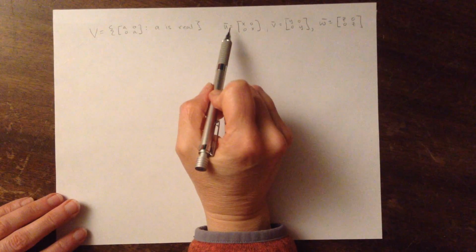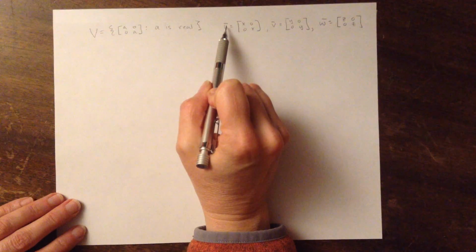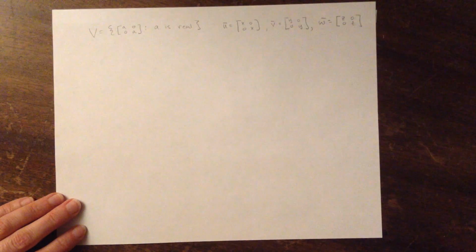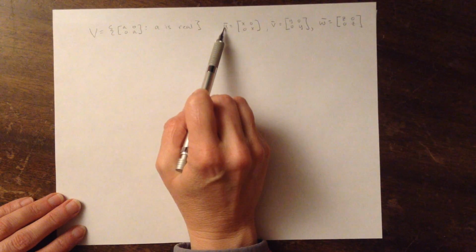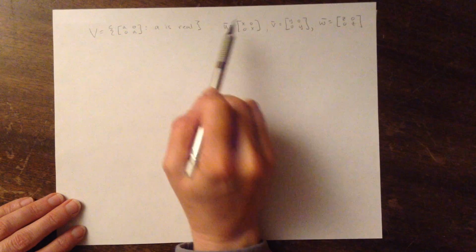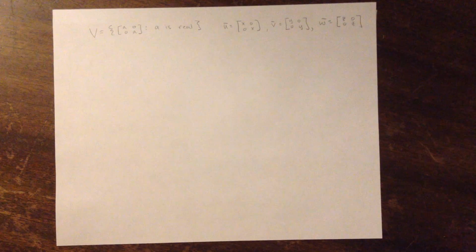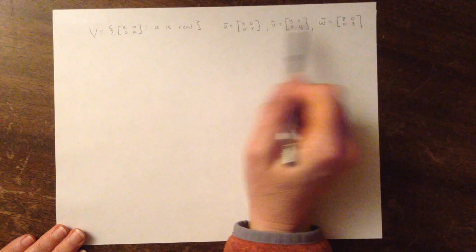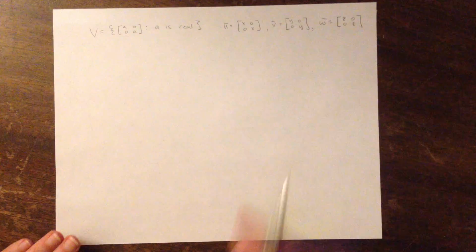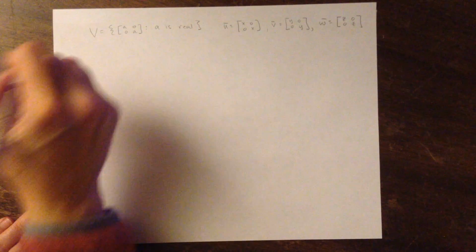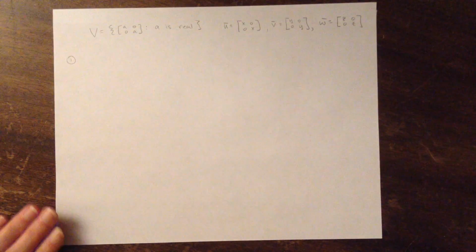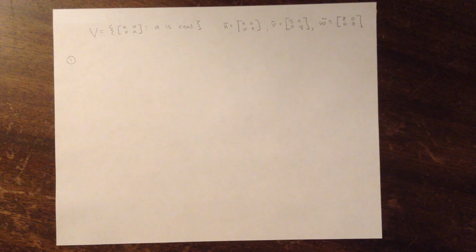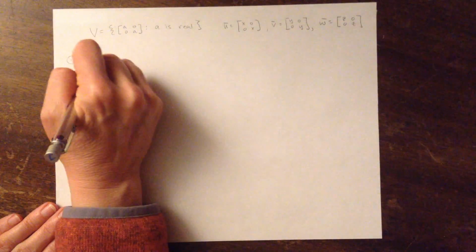So I'm distinguishing between a vector, just the way we have been since we introduced vectors a while back in class, where a vector is indicated with an overbar. Some books will use bold also. So U and V and W are vectors because they have overbars, whereas x and y and z are just real numbers. So the first axiom, in order to be a vector space, the set must be closed